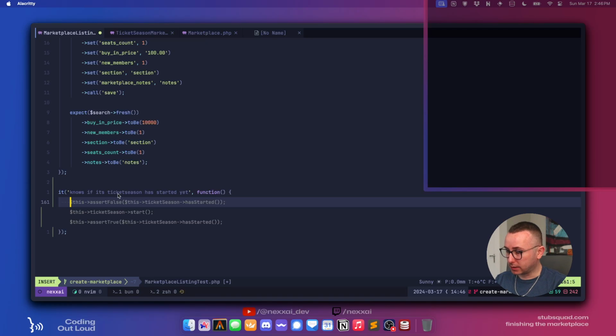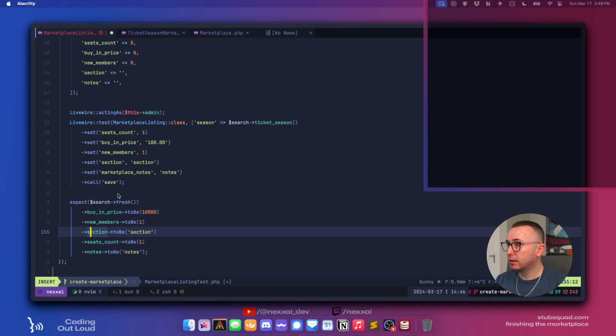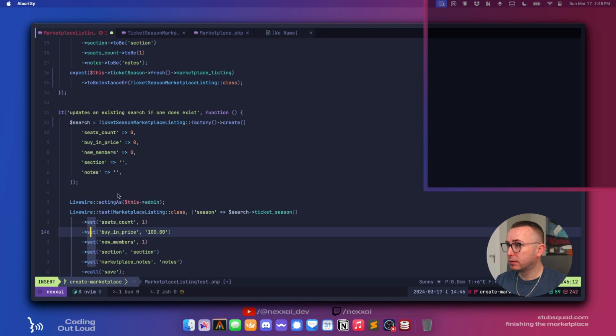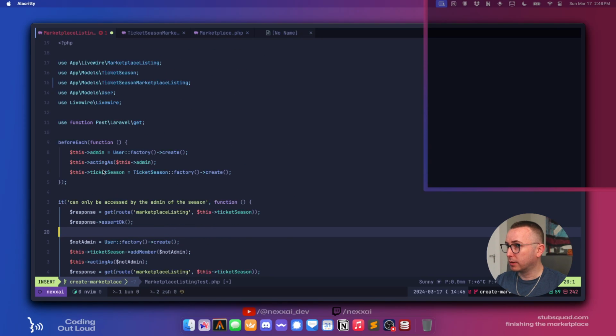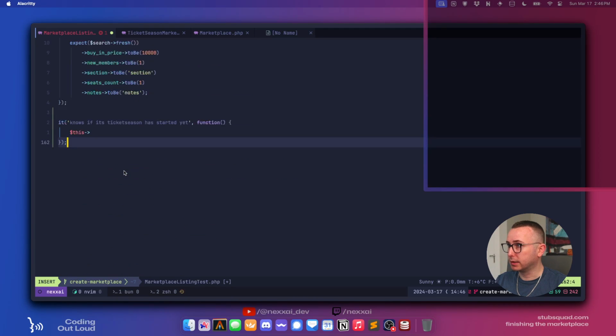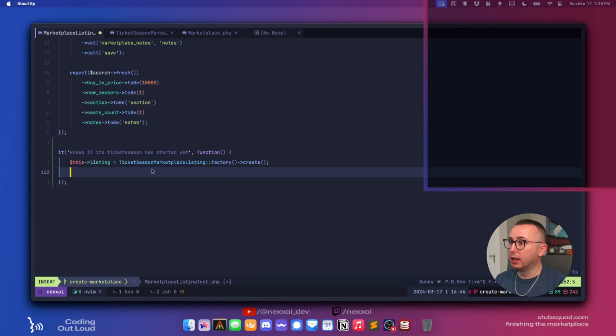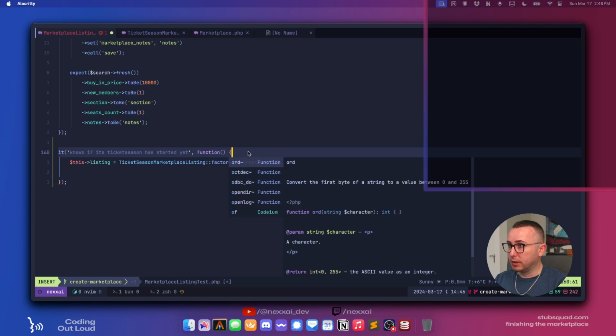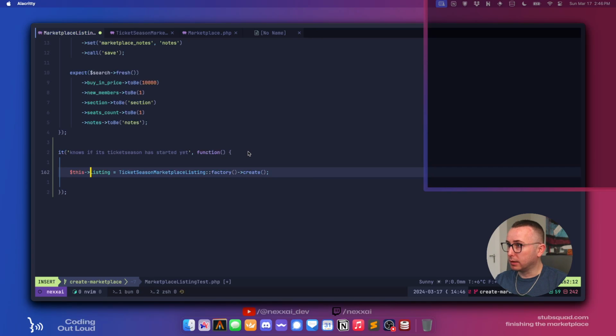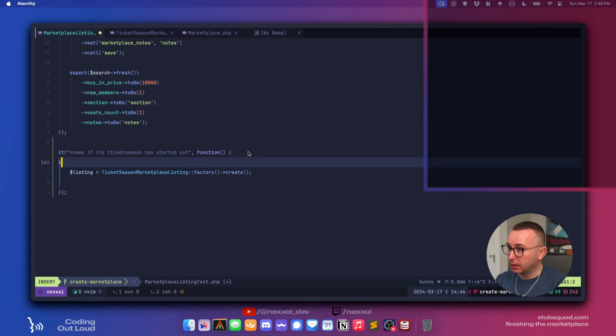So we're on the listing. What are we calling it? Ticket season. Okay, so this listing equals ticket season marketplace listing. Yes. The other thing we want to do is make a season here.